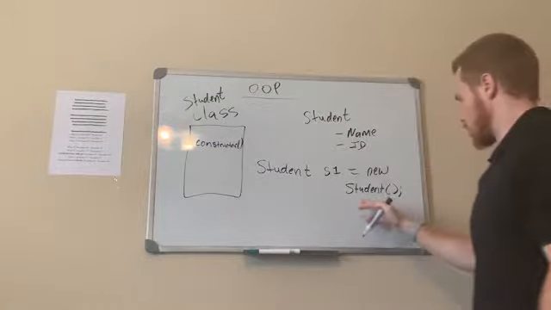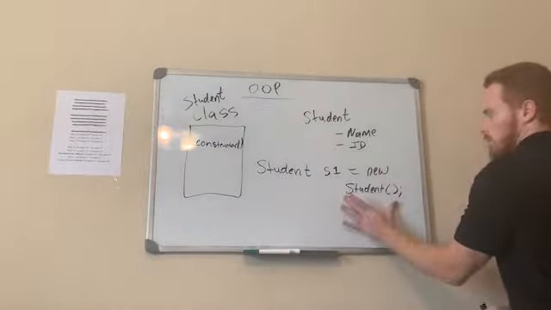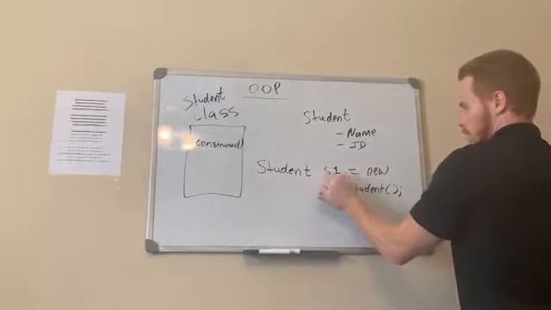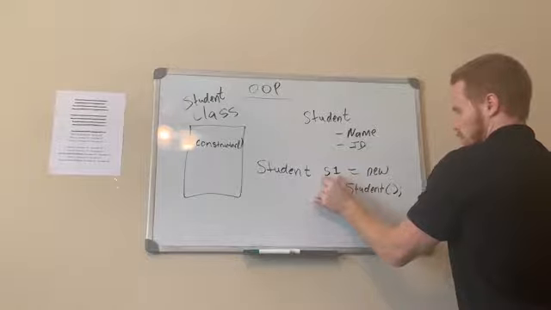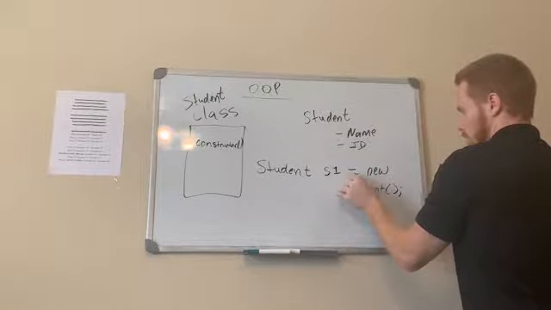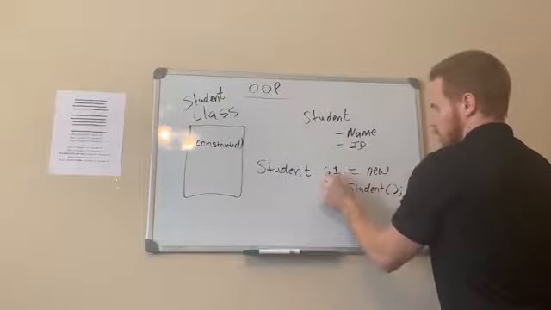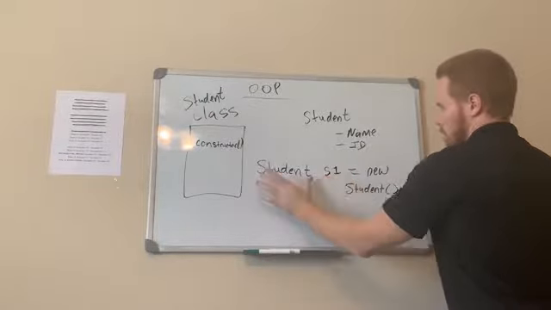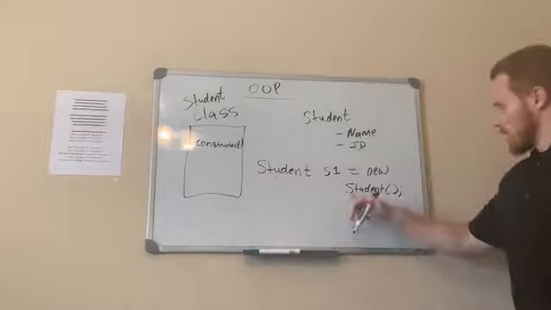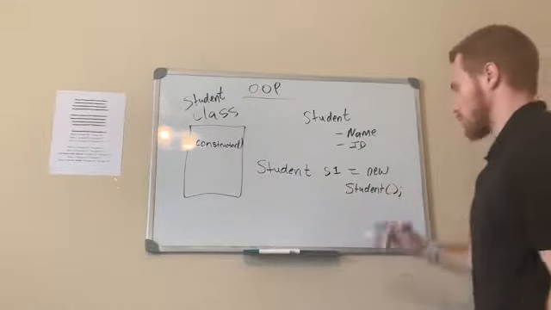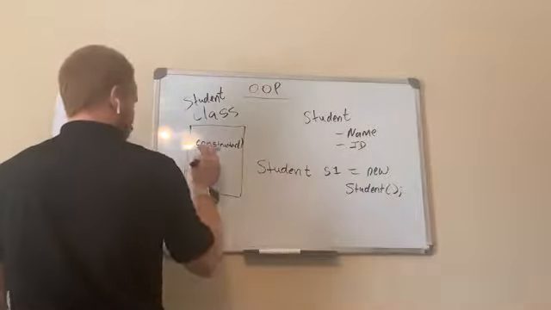So this is the constructor. This is the type and the name of the variable, the name of the object, and the assignment operator saying you're going to assign this new object to S1, and it's going to be of type student. And how you're creating this object is the constructor. The constructor in here